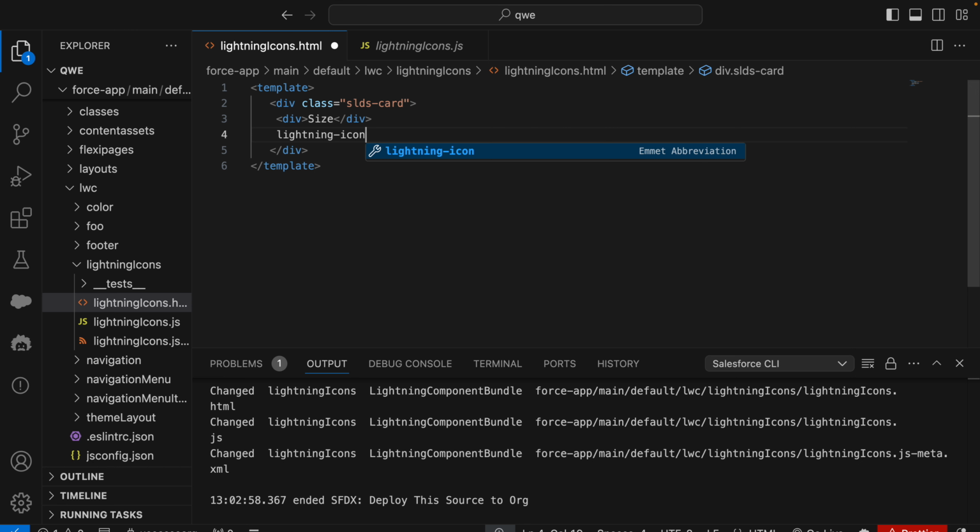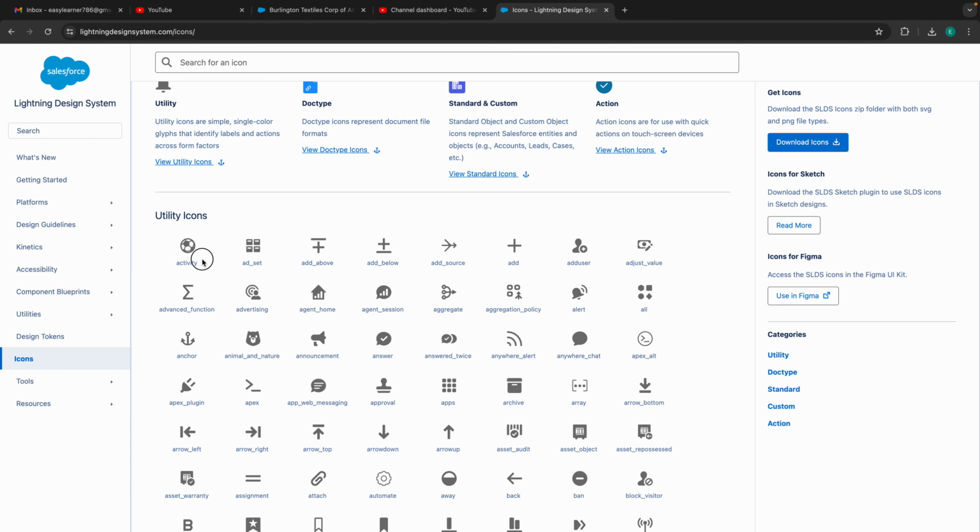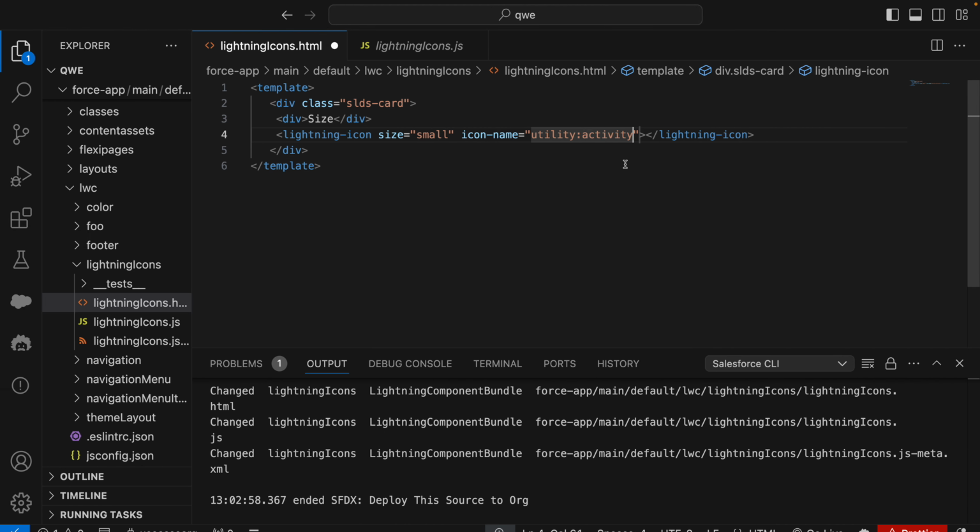Lightning icon. For this size equals to, I'll go with the small one, and then we have to give the icon name also. For the icon name I will go for utility activity. Utility activity is this icon, the very first icon in the utility icons. So I have added this and